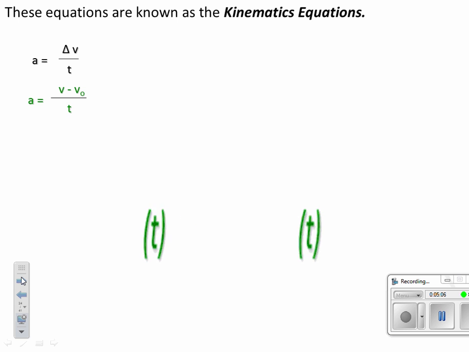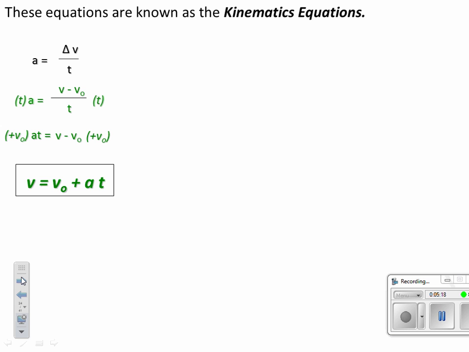Now, one thing we can do with this is just do some algebra to rearrange it and solve it for something else. Let's solve it for final velocity. We multiply both sides by t. Let's add v naught to both sides, and we get the following expression. The final velocity that an object has, you can take its initial velocity and then add this factor, how much its velocity has changed per second times the number of seconds that it changed at that rate. That will tell you something's velocity at the end of some time interval t. So that's just some hopefully pretty straightforward algebra.